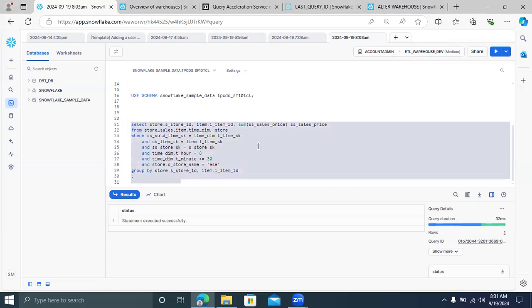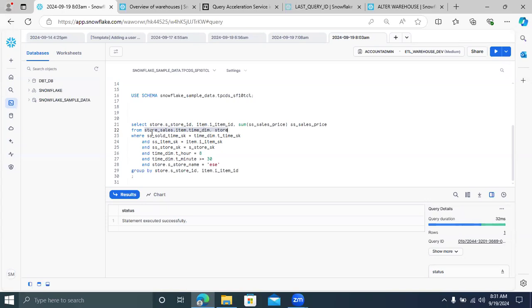This query is very simple, guys. What I'm doing is some inner joins. You can see, I'm doing the inner join of the store sales table, the item table, and the time dimension table. I think totally 4 tables: 1, 2, 3, 4 tables. Store sales, item, time dimension, and store table.